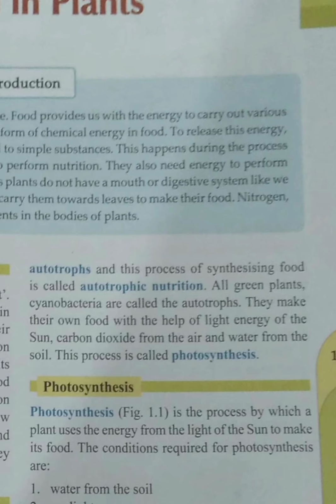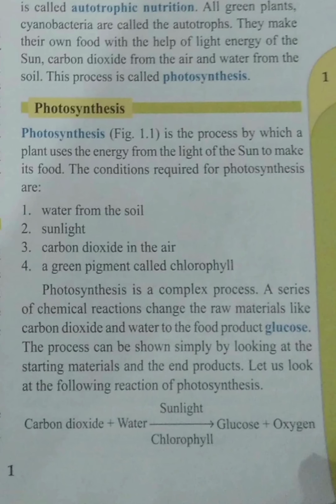All green plants and cyanobacteria are called autotrophs. They make their own food with the help of light energy from the sun, carbon dioxide from the air and water from the soil. This process is called photosynthesis. Photosynthesis is the process by which a plant uses the energy from the light of the sun to make